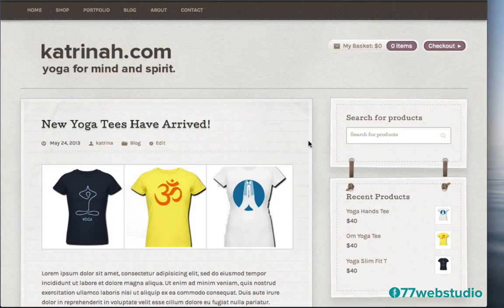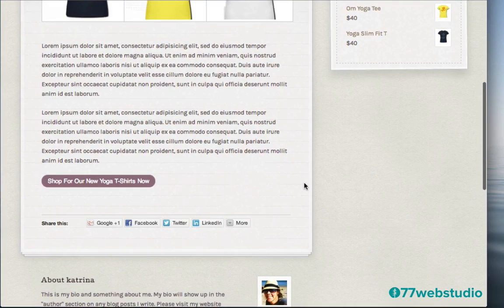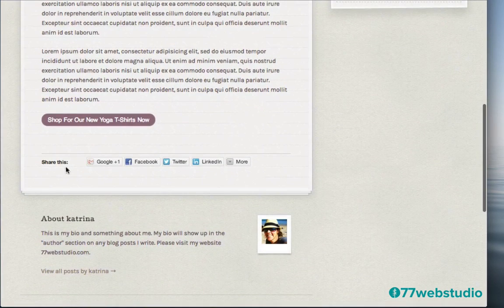So I'll show you how to add the gallery to the blog post as well as to the portfolio page itself. Scrolling down, note that on the blog post page, I'll show you how to add these different sharing features so you can share the blog post via the social web, either via Facebook, Twitter, LinkedIn, Google+, or some other